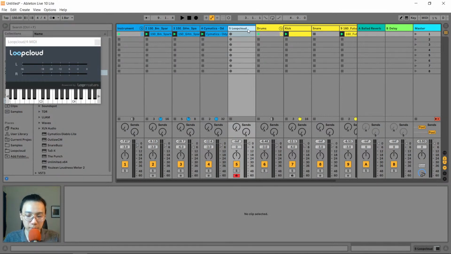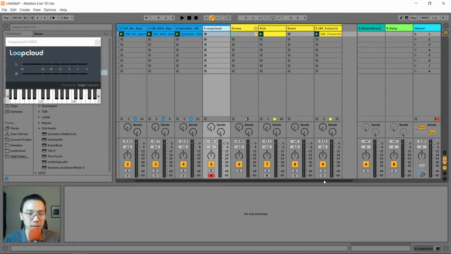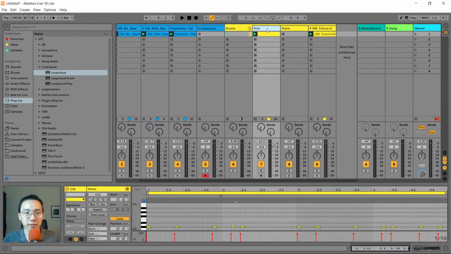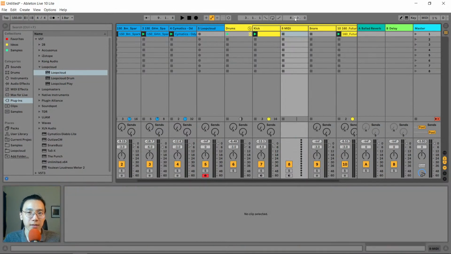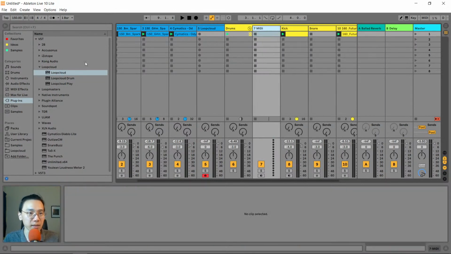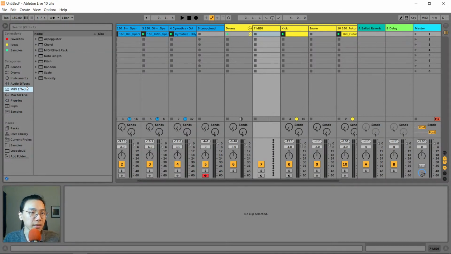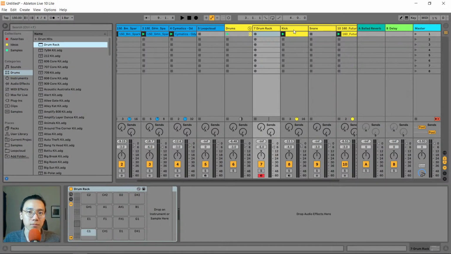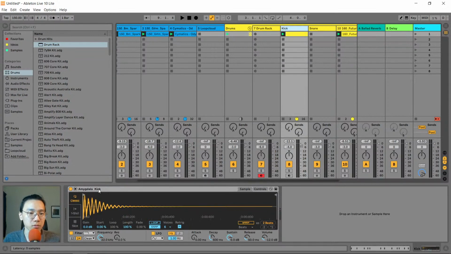So let's just delete loop cloud because we probably wouldn't need loop cloud for now. We need a snare. Okay, now you know what? Let's consolidate the kick and the snare together because we need to save some space, right? Okay, let's create a new MIDI track. Okay, so this is where things get technical a bit. It's okay. I'll just do some magic and we'll get back to the usual broadcast, right? Okay, drum rack. This one we will drag in,